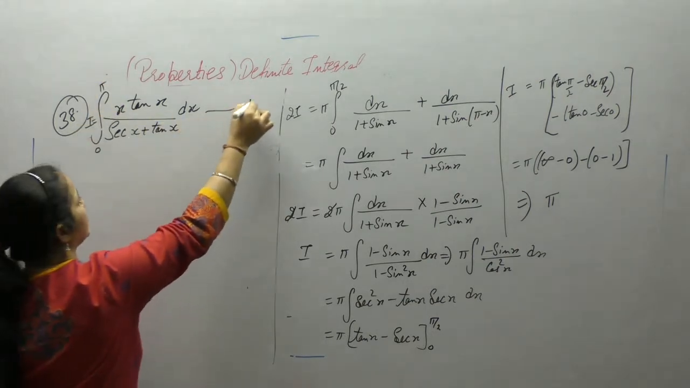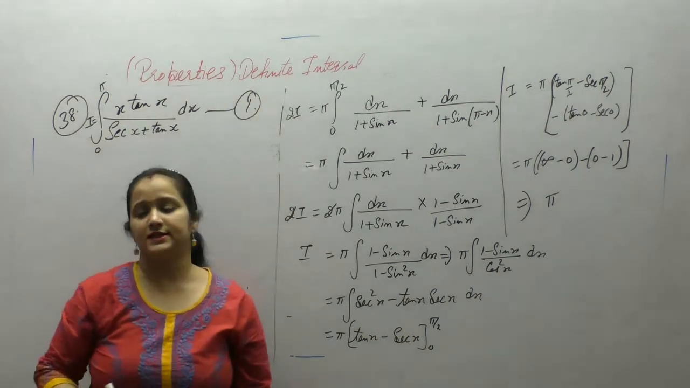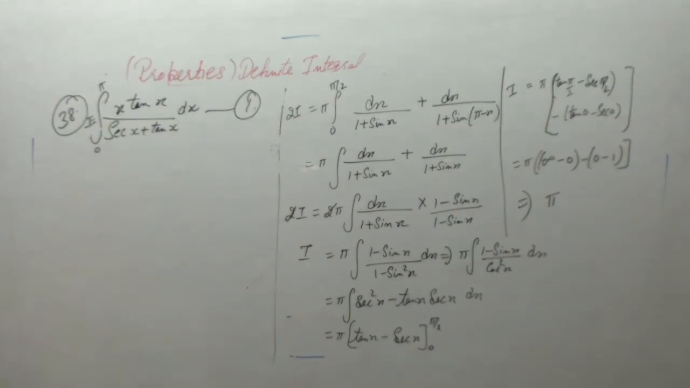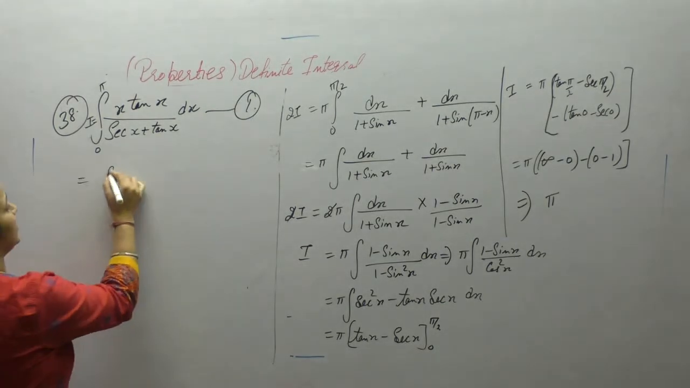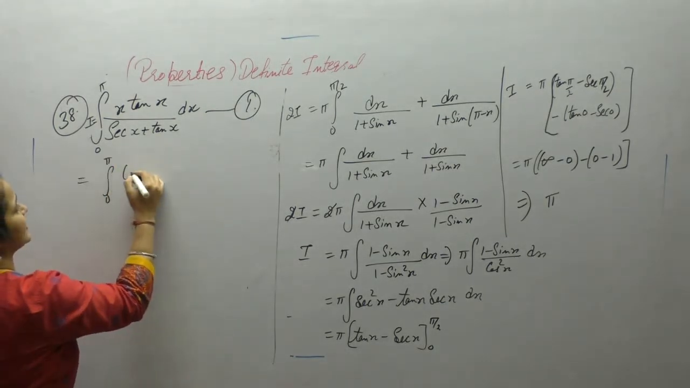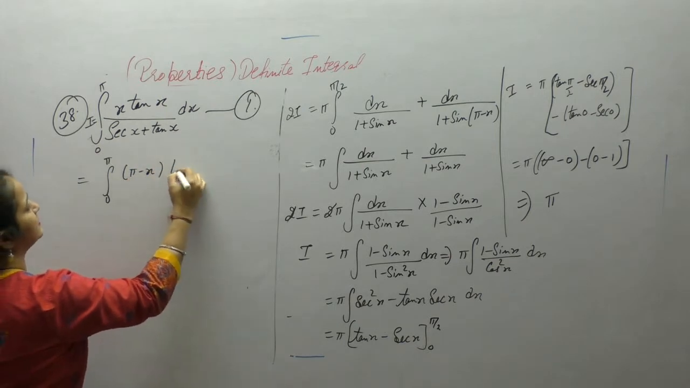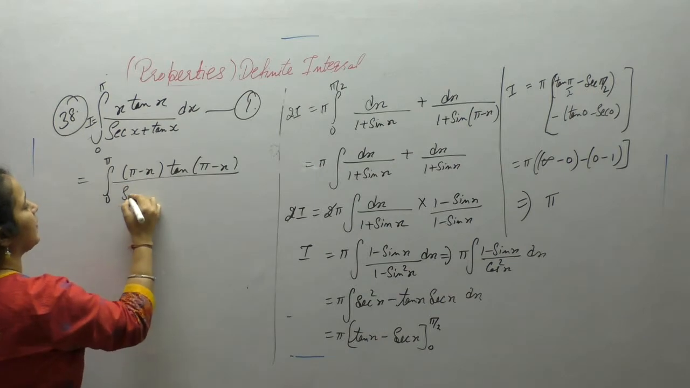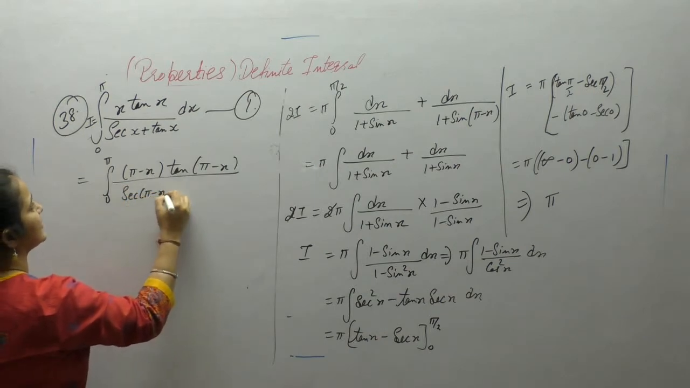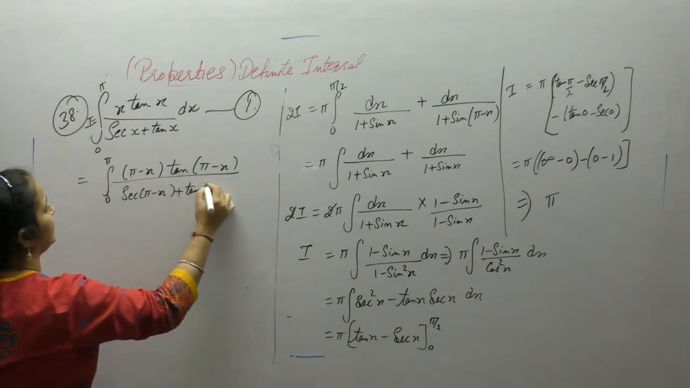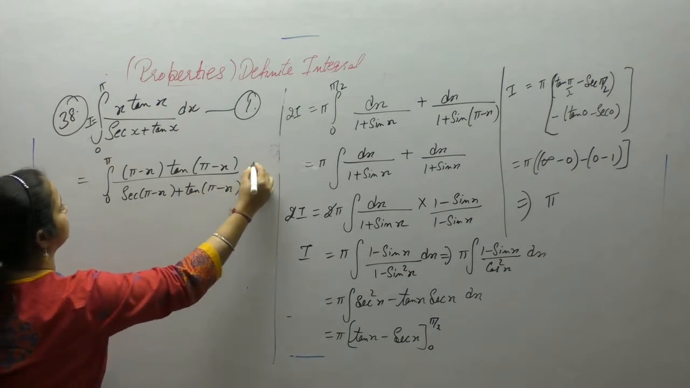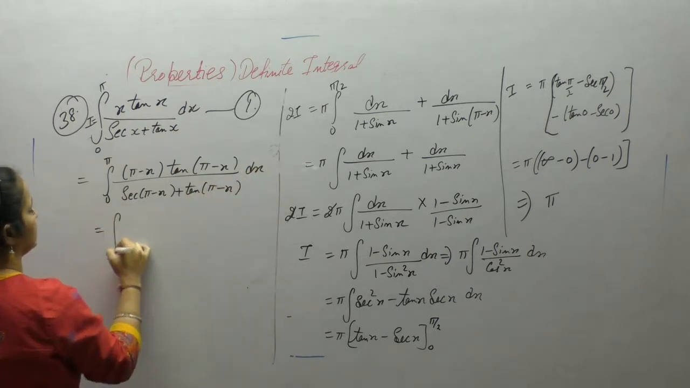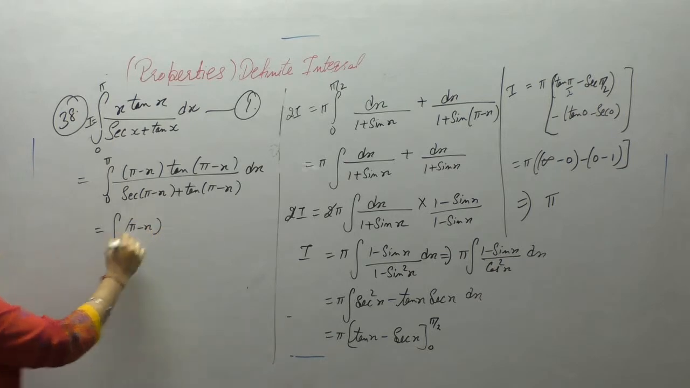Again the same property will be used. Integral of 0 to a f of x dx is equal to integral 0 to a f of a minus x. So pi minus x, tan of pi minus x upon sec of pi minus x plus tan of pi minus x. Now tan of 180 minus theta,